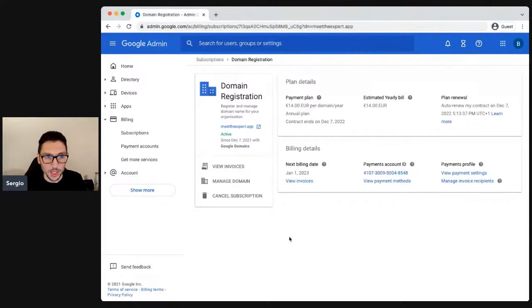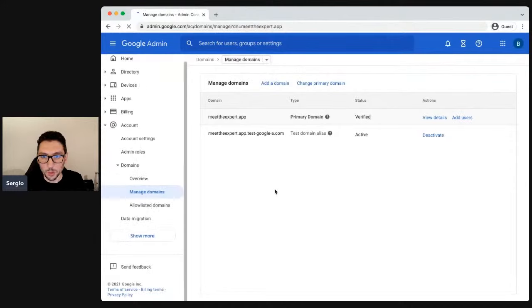Okay, so now we want to access the DNS console. From the domain registration subscription, we have here an option, Manage Domain. If we click on it, we will go to the Manage Domains page of the admin console. Here you can see your domains, and in particular our primary domain, which is already in the verified status.